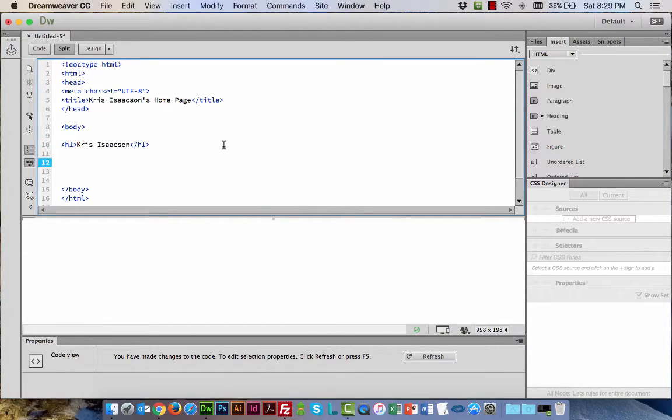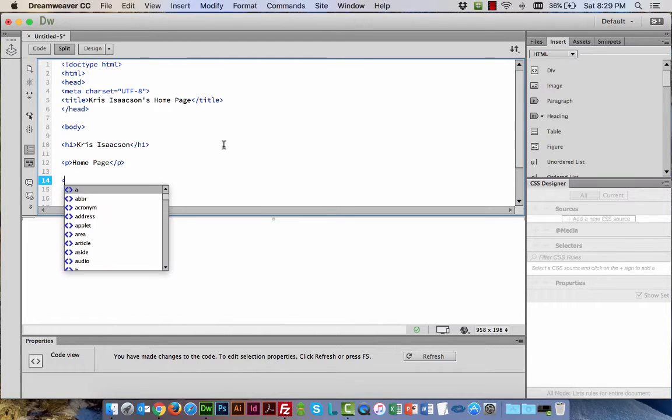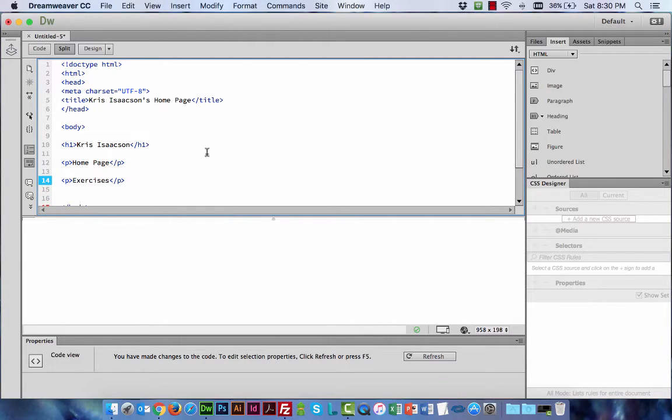The second part that we need to do is add a couple of paragraphs, and for those paragraphs, we have the opening P tag, and we are going to say homepage, and then we're going to close that, and I'm going to give myself a little space here. We're going to open the second one, and this is going to say exercises. It's going to take us to the exercises page once we create our links. So there are my H1, my P's, paragraph, and now I need to make these, the homepage and exercises,